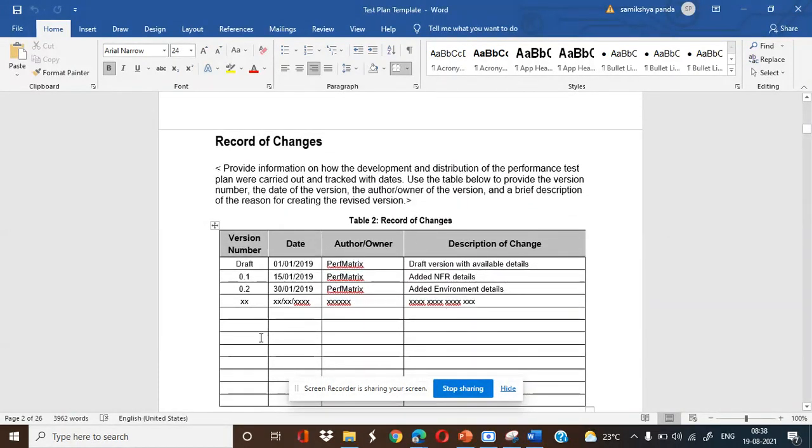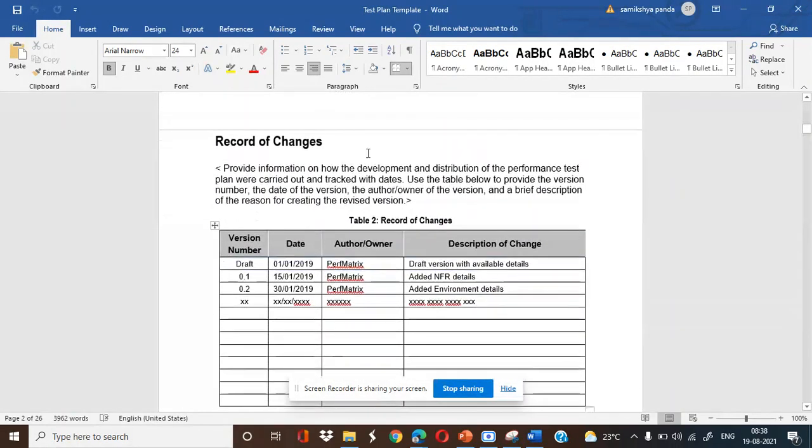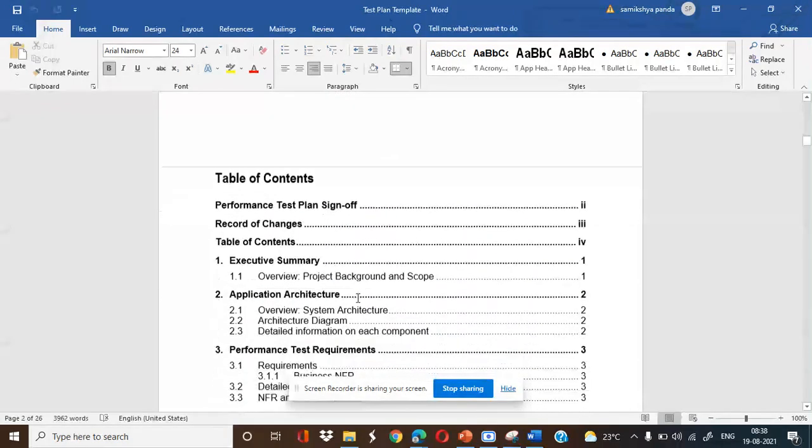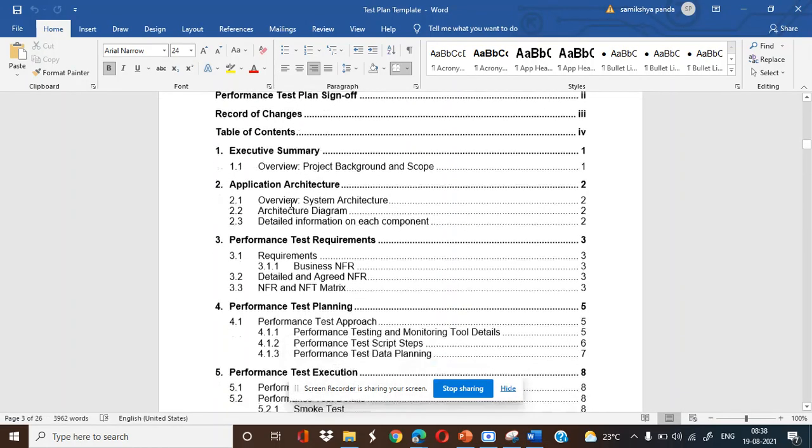Again, there is a record of changes. If the stakeholders are not satisfied with the test plan document you have prepared, they will ask you to change the document, and then you have to mention what changes you have made and how many times you have done so. So this is the table of contents: